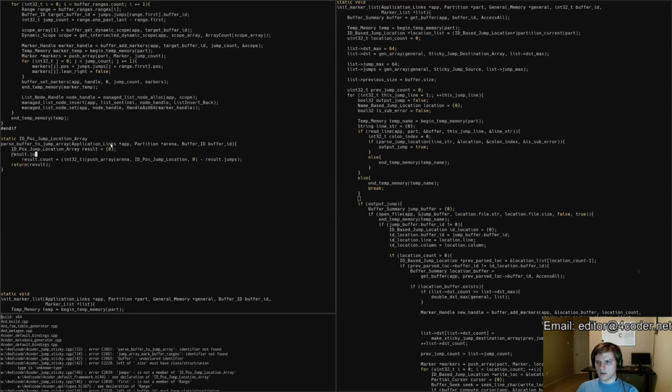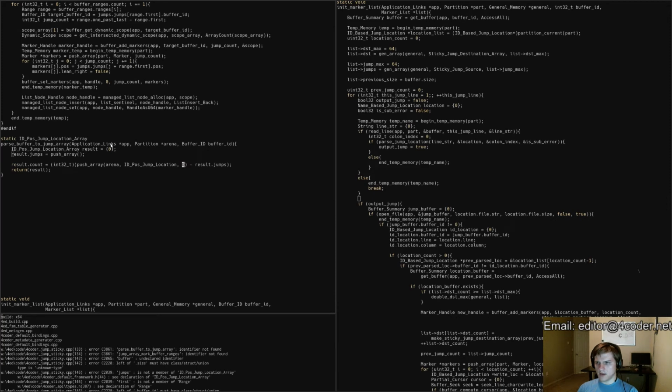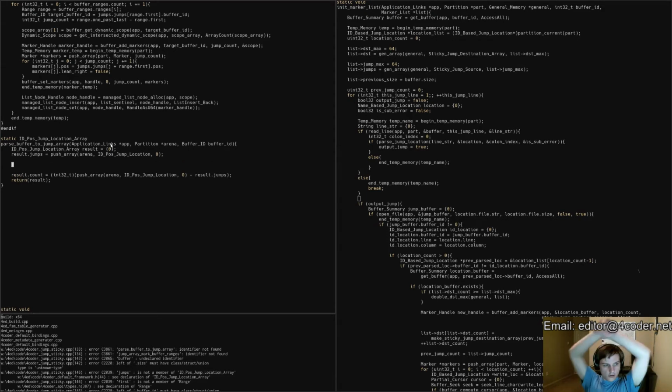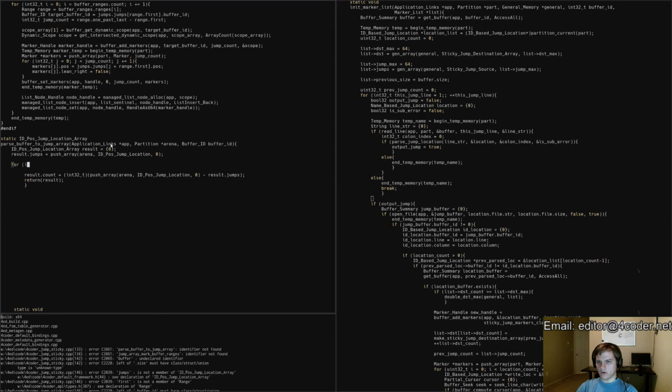Okay, the jumps will be pointed to the beginning of the arena at the start, and then we'll get the count by subtracting wherever the arena ends up from where it started and converting that to an integer. Now we're building an array of jumps. What we want to do is iterate like so. For line equals 1, line increments,